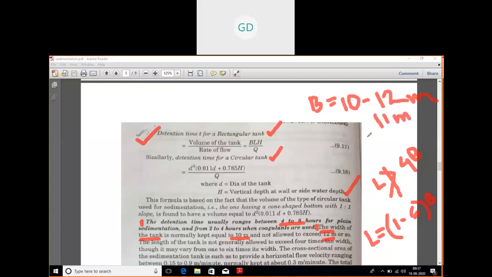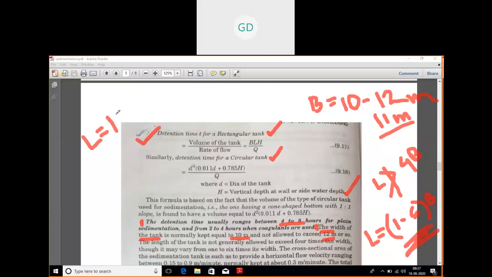If you now have to find the length, the length cannot be greater than 4 into 11. That will be 44. So the length of the tank is not allowed to be greater than 44 meter. But the length can vary between 1 to 6b. Suppose it can vary between 1 to 6b, it means